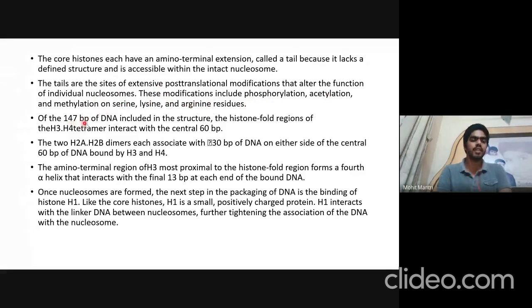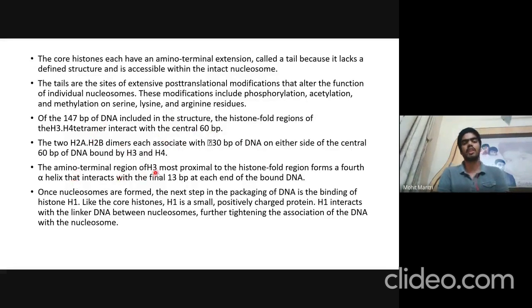And 147 base pair of DNA, which makes up the core DNA, is included in this structure, and the histone fold region of the H3H4 tetramer interact with the central 60 base pair of this DNA. So the H3H4 tetramer interacts with the 60 base pair out of the 146 base pair of core DNA. Then the 2 H2A H2B dimer associate with 30 base pair each, 30 base pair of DNA on either side. So total 120 base pair of the DNA is associated with these dimer and tetramer, and the